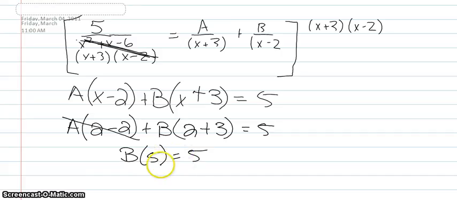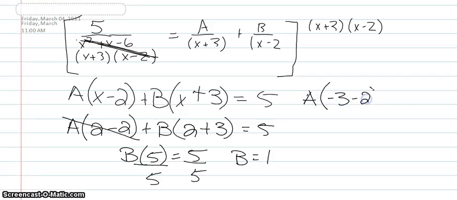And you're trying to get b by itself, so you divide by 5 from both sides. And b equals 1. And then to find a, you're going to make the other side equal to 0 to get rid of b. So it's going to be a, and you're going to use negative 3 minus 2 plus b, negative 3 plus 3